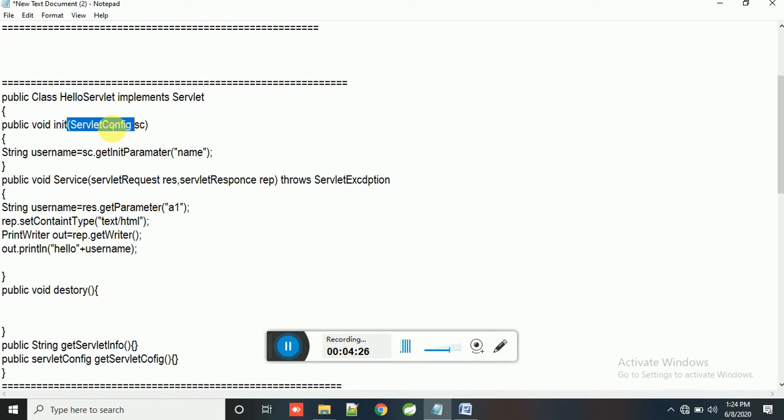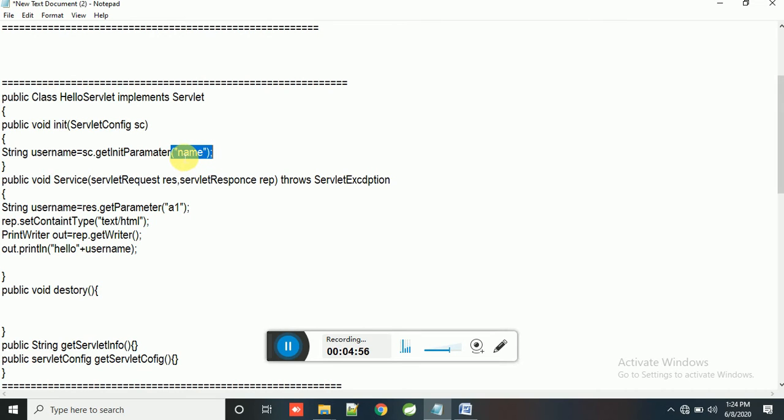Here, is ServletConfig a public resource or a private resource? ServletConfig is a private resource, because it is available only for that particular servlet, not all. Here, to get that particular servlet data, by using your reference name, use sc.getInitParameter and pass your name.